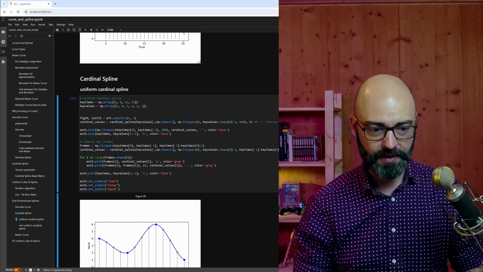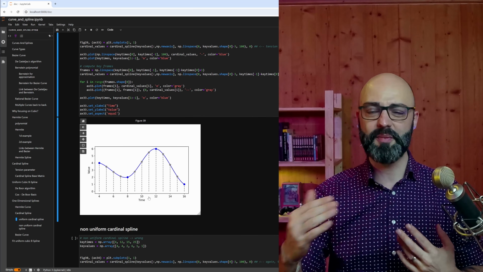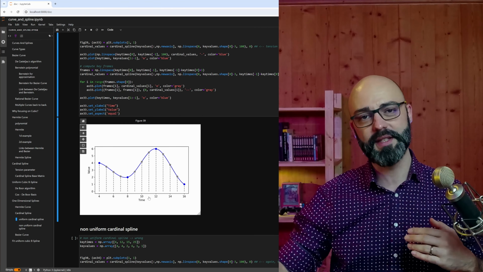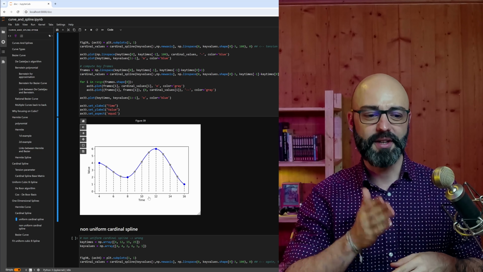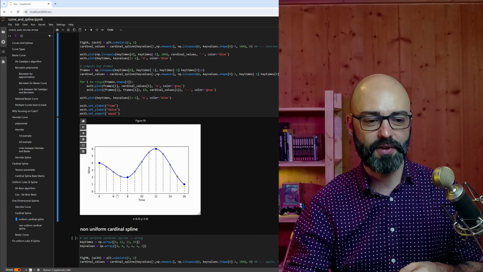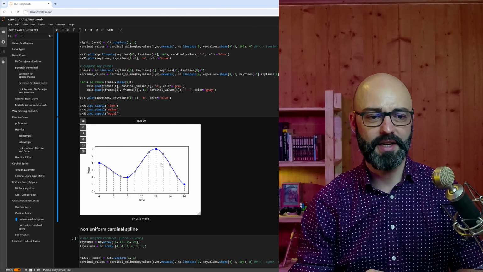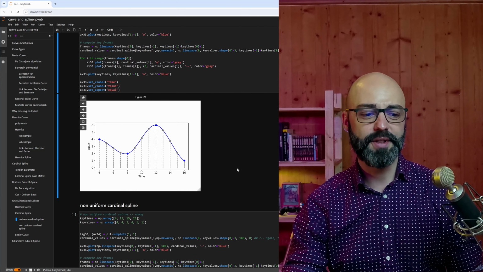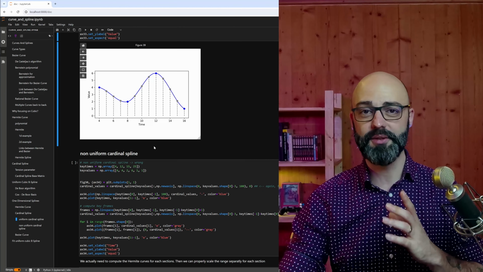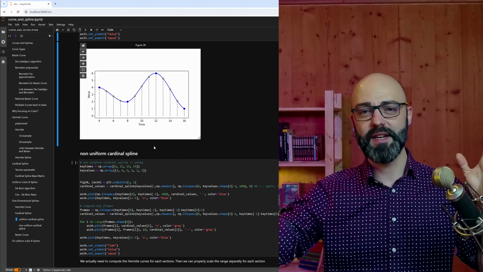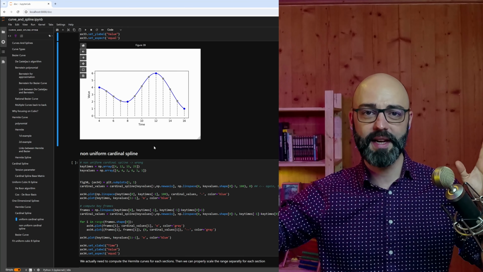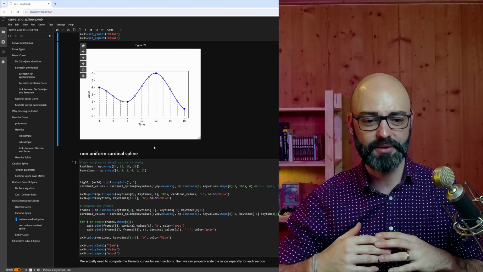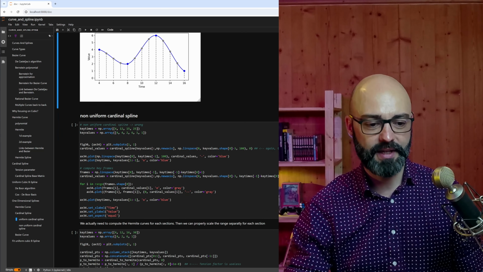So again, cardinal spline, if you're regular inside of a cardinal spline, then you could actually get the values for each frame just by requesting the value properly. Now, if you go non-uniform cardinal spline, then you try to do the same thing, saying I take my entire cardinal spline and then compute it and try to stretch it. What will happen is